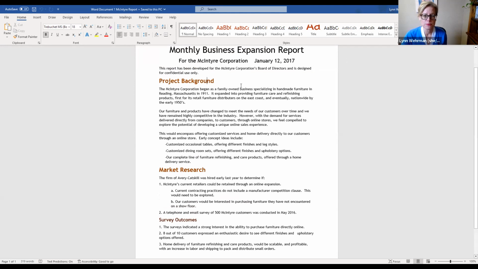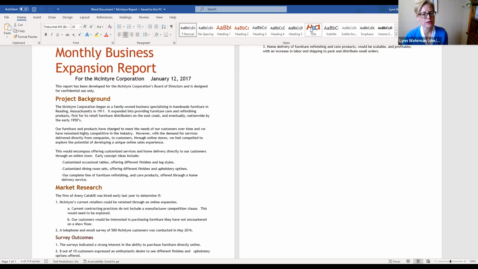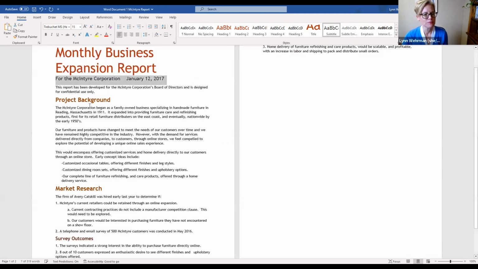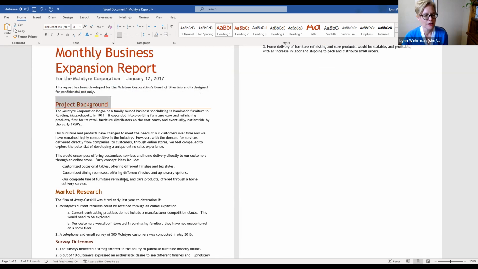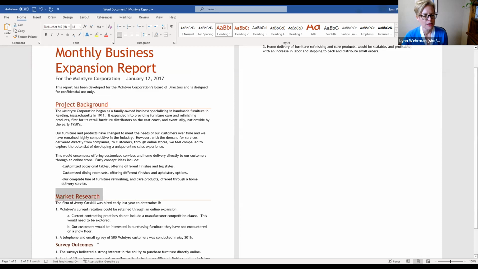So how do we add this back in? I say, this is what was given to us, and it's our job to make this accessible and get it out for our company. So we just go into the report here and we click title, and then we hit subtitle. We hit heading 1. This is an H1, and then we'll call this an H2.